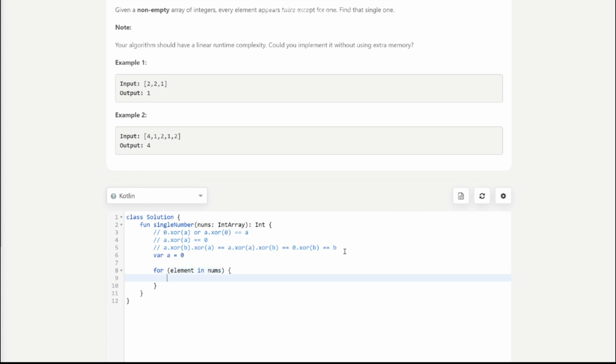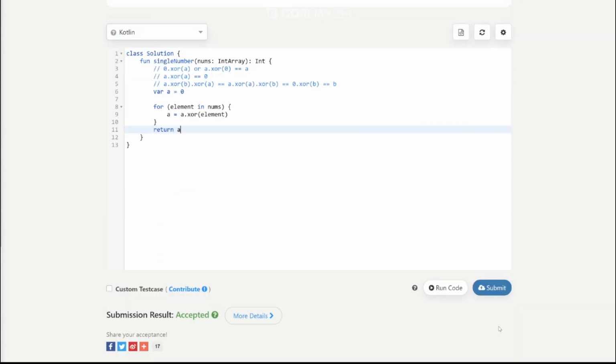And what you are going to do is XOR through the elements, and the result is going to be put into A. So what the result would bring is the remaining number that is not a duplicate. So return A. And then if you submit,